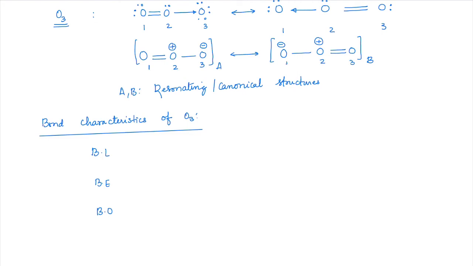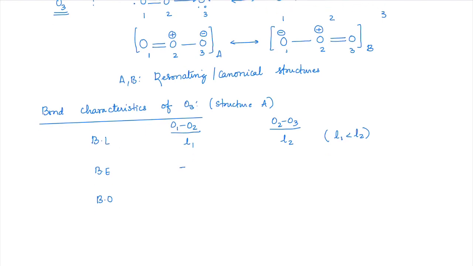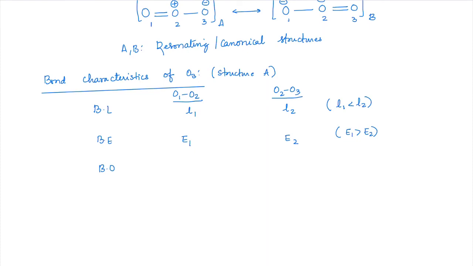Okay. So in structure A, if you check out, O1 and O2 has double bond. Let me call that as O1 O2 bond here and O2 O3 bond here. I'm analyzing these two. O1 O2 has a double bond. Let me call this as length 1 and length 2. So I can say that length 1 is less than length 2 bond length wise. Same way, if you see the bond energy, if I call this as energy 1 and energy 2, so obviously energy 1 required will be more than that of energy 2. Because bond length is small, that means it requires more energy to break. Bond order means number of bonds. There are 2 bonds here, there is 1 bond here.